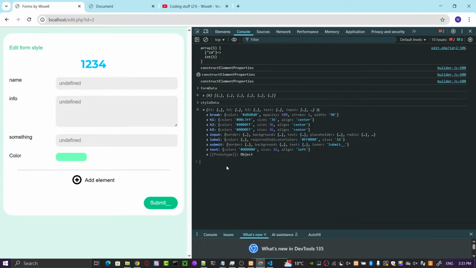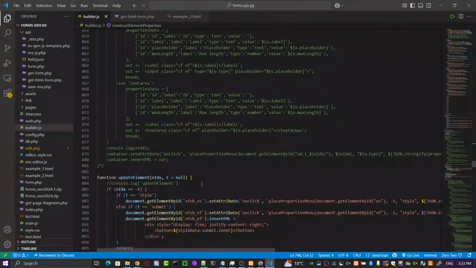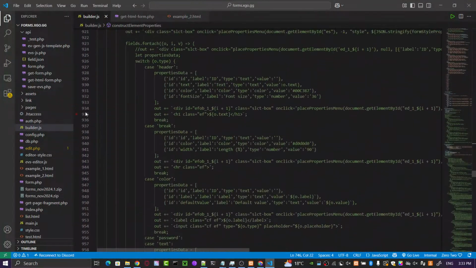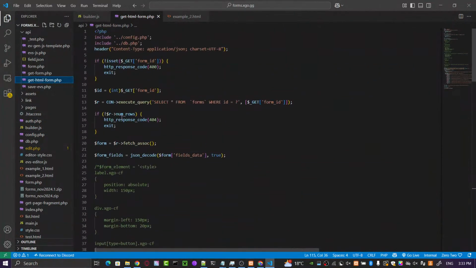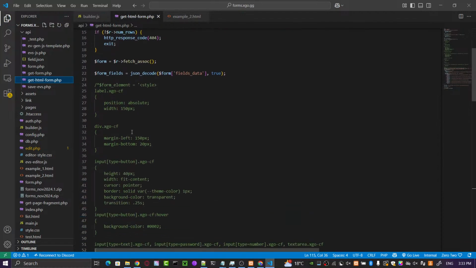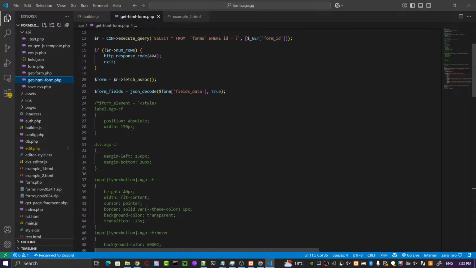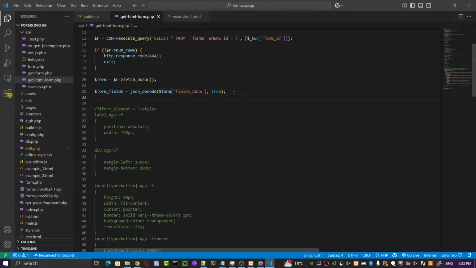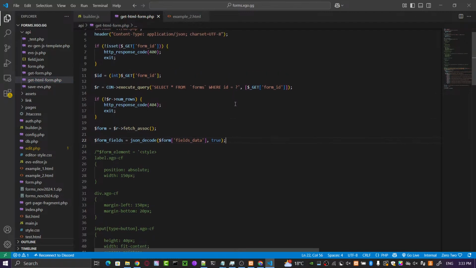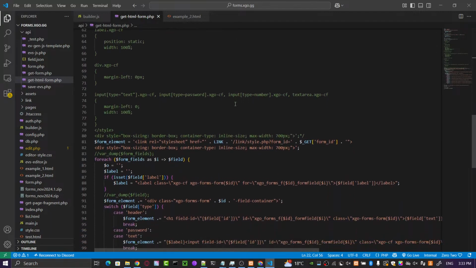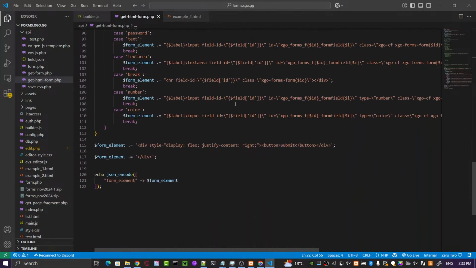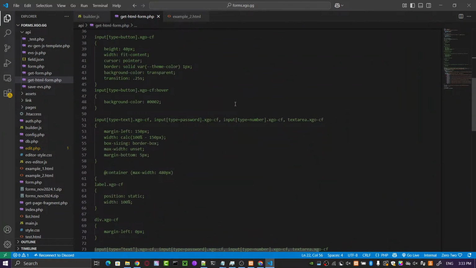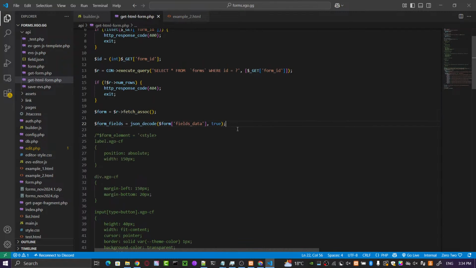Just trying to understand what actually is going on, because we need to implement this here. If we go here, that's also, oh god.